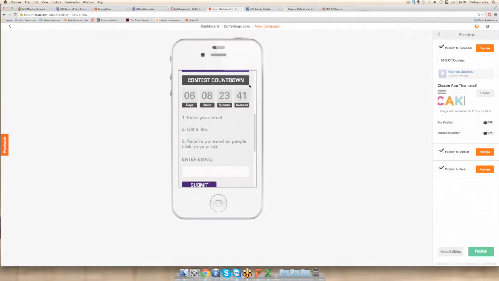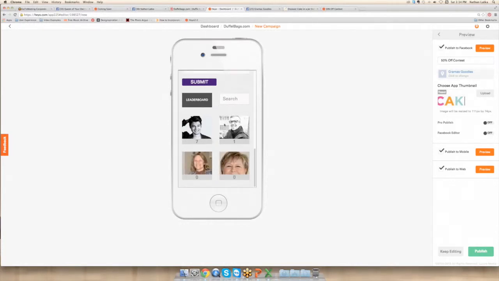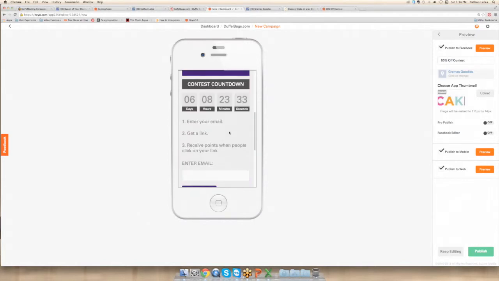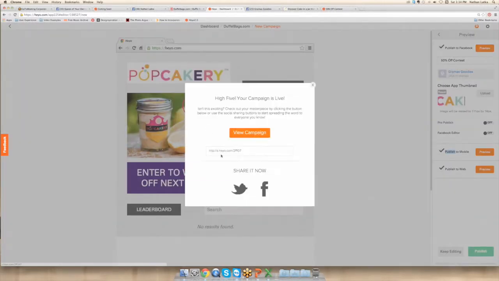Very cool. So Marge, you don't have to go pay a developer like $1,000 and go get a whole other design team to say, now I need a mobile version of this thing. We do it all for you. You can see over here, I've got the check mark, so it's publishing to all of them at once. And when you publish, the link we give you is your smart URL.